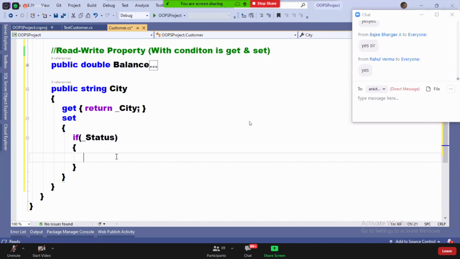Delhi, Mumbai, Kolkata, Chennai, Bengaluru, Hyderabad. Is that clear? So, these 6 are allowed. Fine.